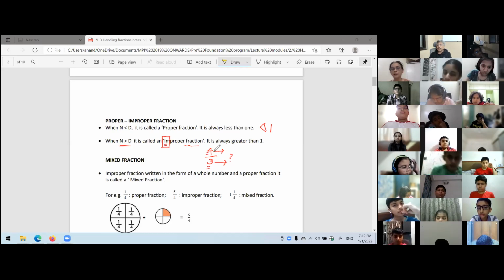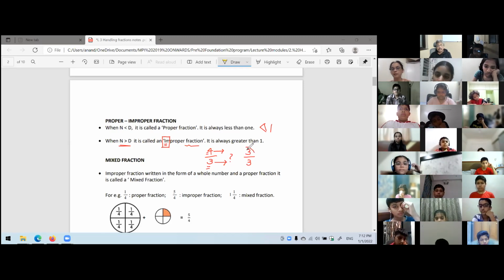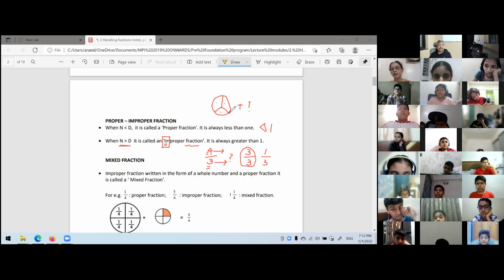Because if I want 4 parts, then what I can do is take 3 parts out of 3 parts from one whole, and then I will need another whole from which I will take 1. I've already made 3 parts of my chapati or pizza, and it's well divided, one for me, one for mama, one for papa, and the guest comes. Now he also wants a piece of pizza and we are not ready to reduce our amount. So what we do, we buy one more pizza and then we give him 1/3 of that.